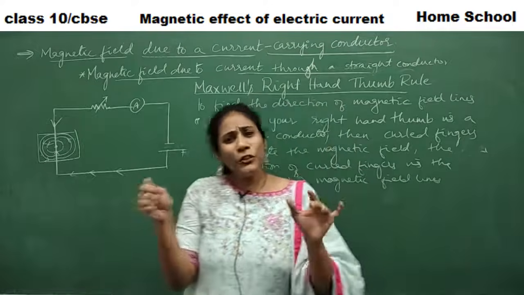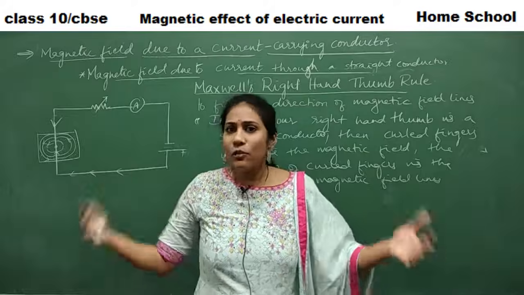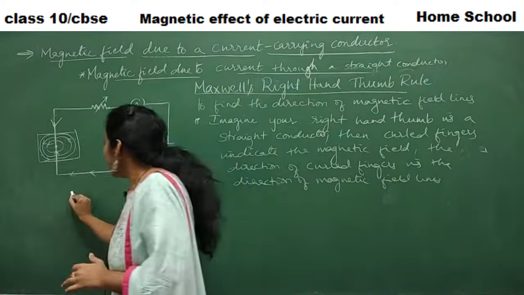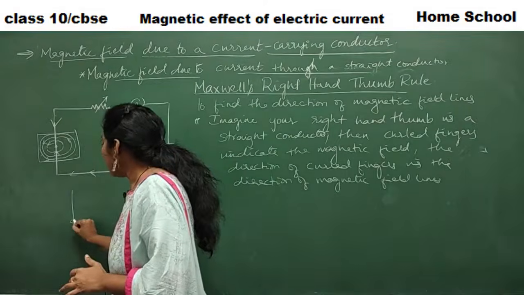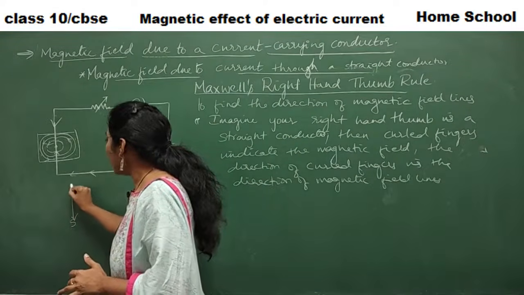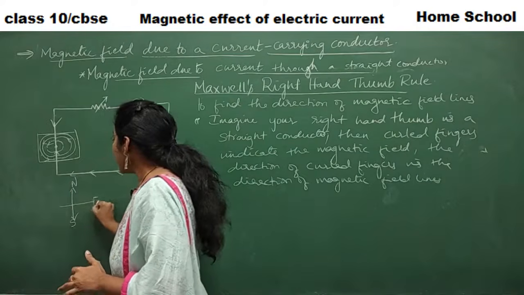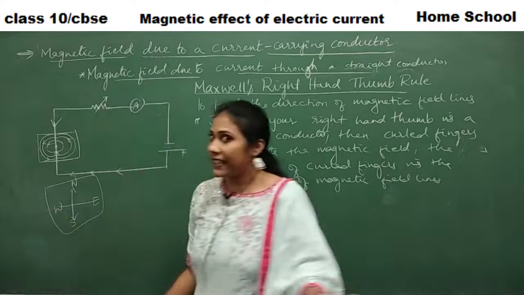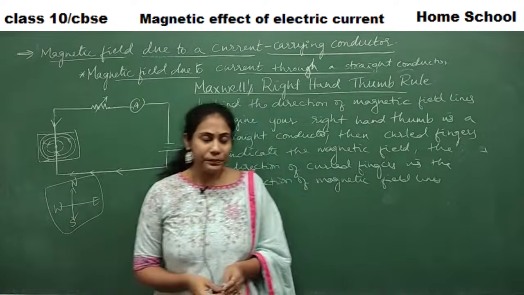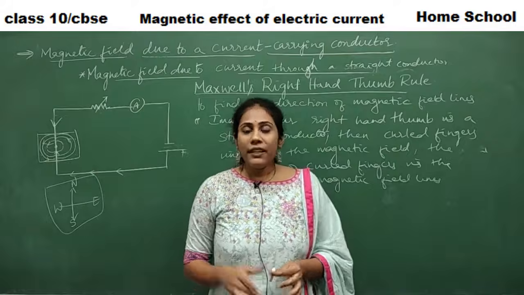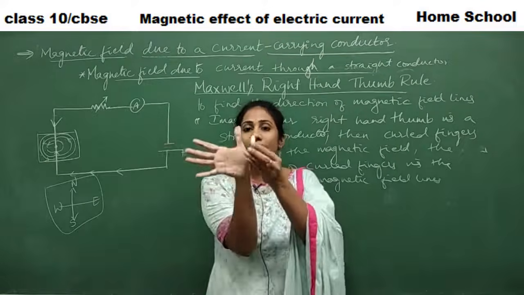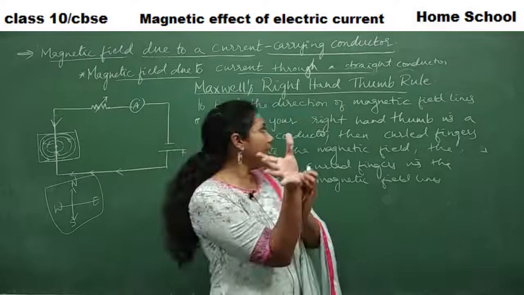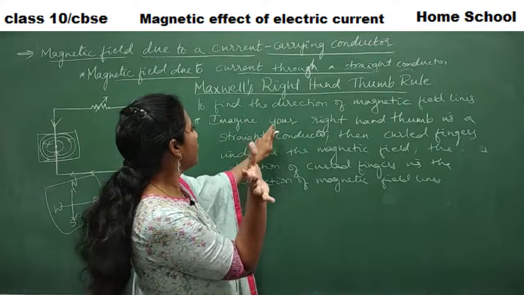Do you all know the directions? What is east, what is west, and what is north and south? We all know that. Say for example, this is our south direction. The top one is north, this is east, and this is west. Let us keep this in mind, which will help you a little later. Let me consider my thumb as a conducting wire, and this is the direction of current. One more thing I have to include here.